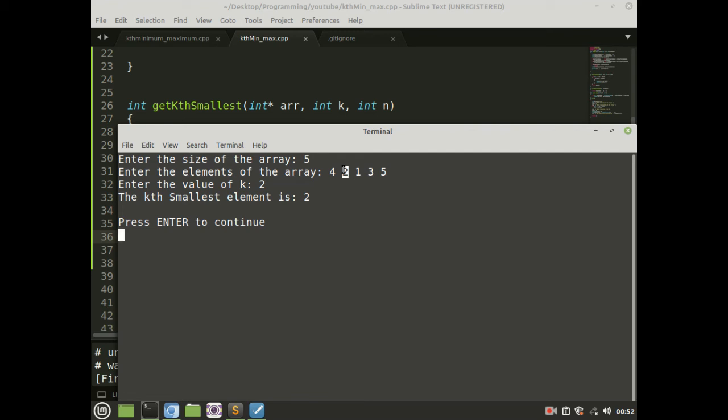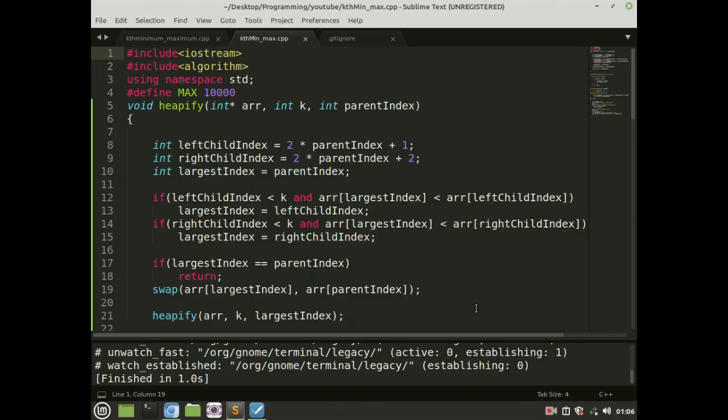Now I will show you how to change the code to get the kth largest element. So now we are going to implement the function to get the kth maximum element. Earlier, as we made the function to get the kth smallest element, we had created a max heap of first k elements.